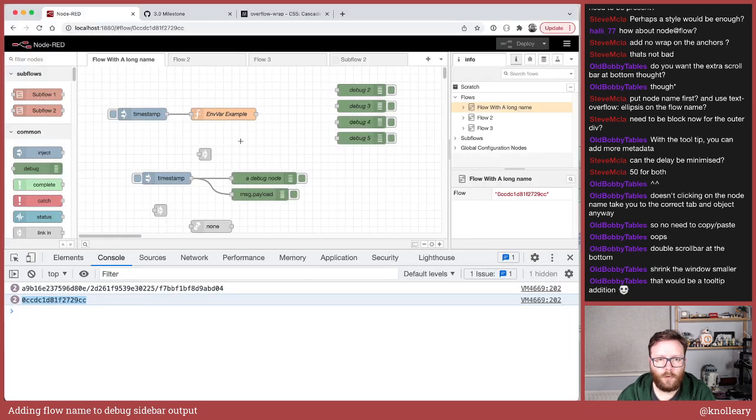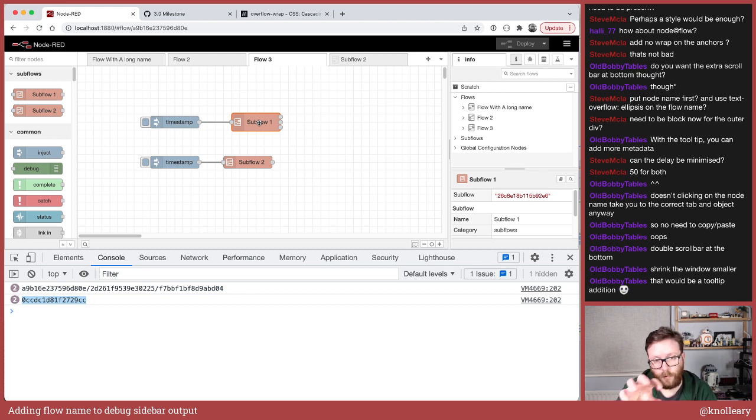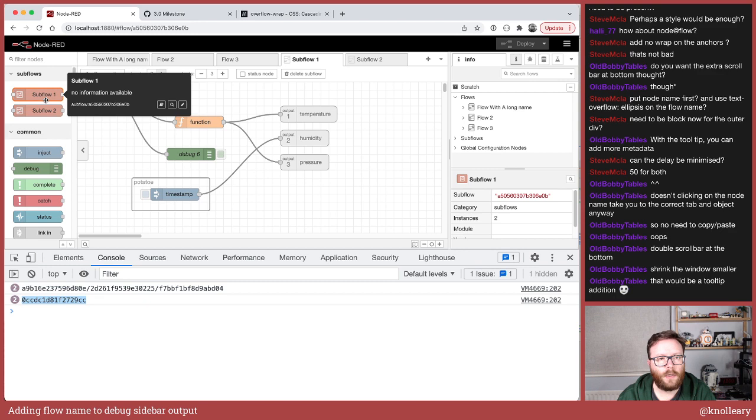But rather than bury too deep, from a user's perspective, tell them what node on a flow, what subflow instance is at the top level, even if the debug is buried deep within. Because this is the node we're able to highlight. We can't go highlighting deep inside a subflow. That said, I think we do a nice little trick here. If the subflow's open,